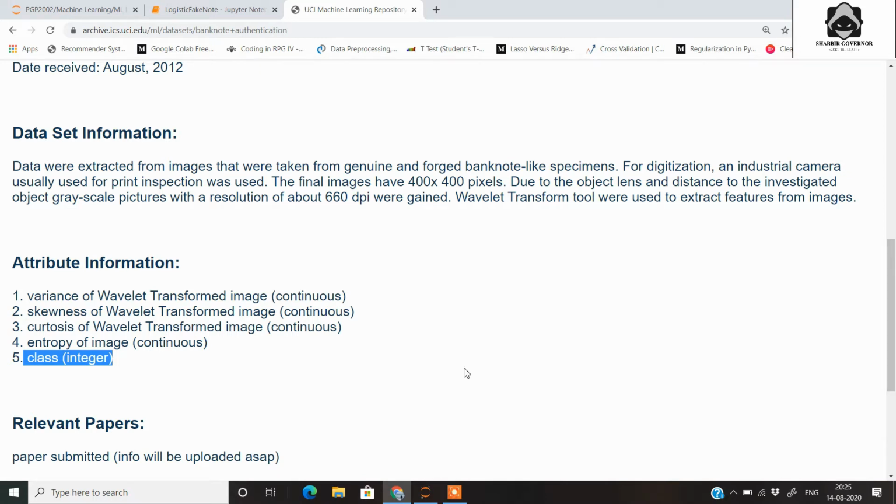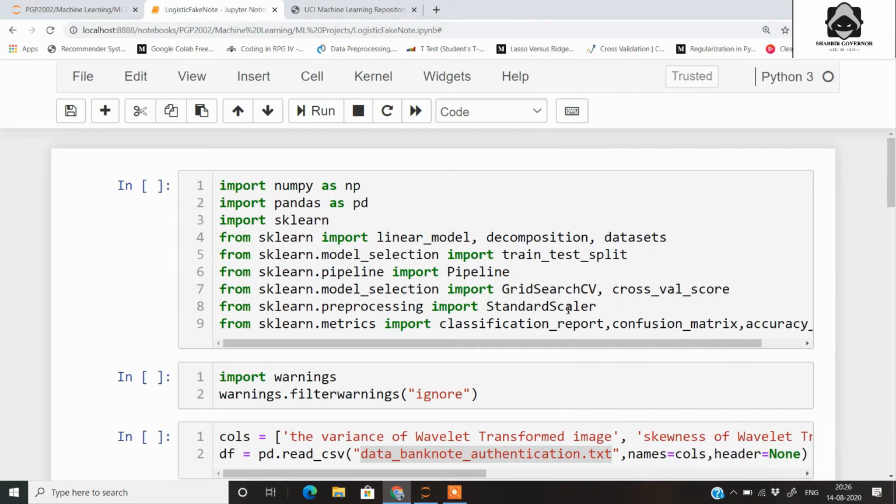So let's build a classifier. Since we have numerical data here, we go for logistic regression because it performs well on this kind of data. If we had other data like categorical data, we would have gone for higher-end algorithms like decision tree or random forest. But for the sake of this video, we'll stick to simple logistic regression. As the name suggests, it is not a regression model. It is actually a classification model, and it will help us to classify between the fake notes and the forged notes.